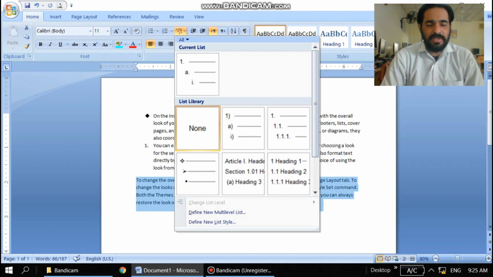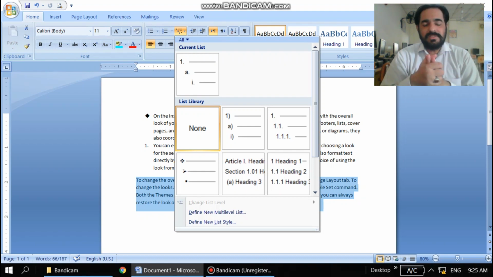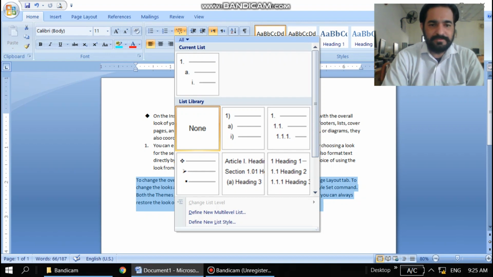So your heading 1, heading 2, heading 3, and 4, and their size, and you can change their style and color and everything, whatever you want to change, like we were discussing in font size and font options.